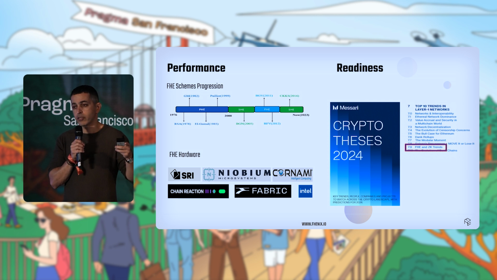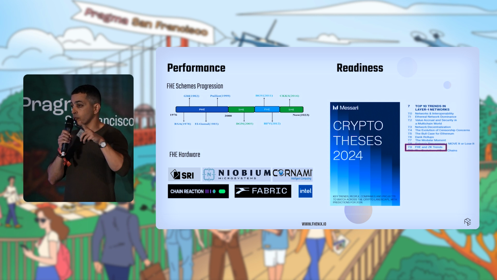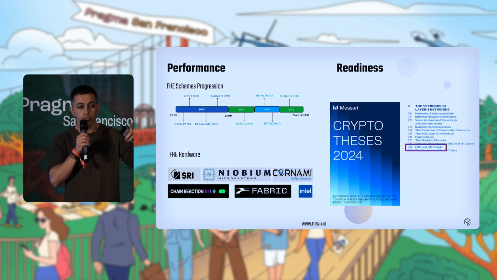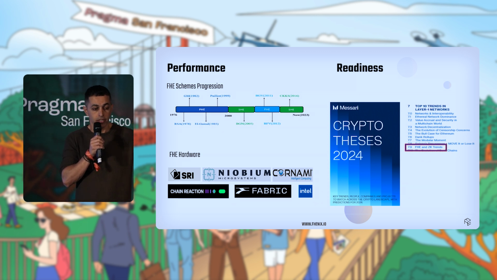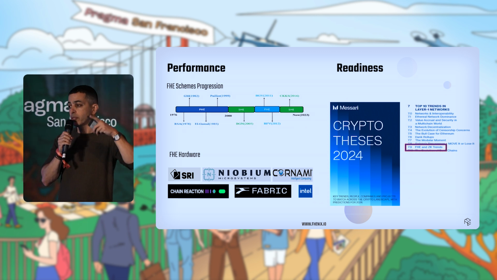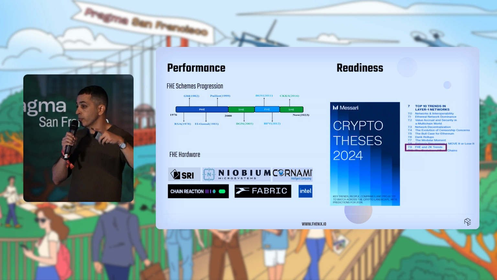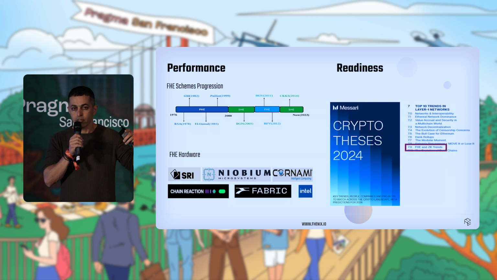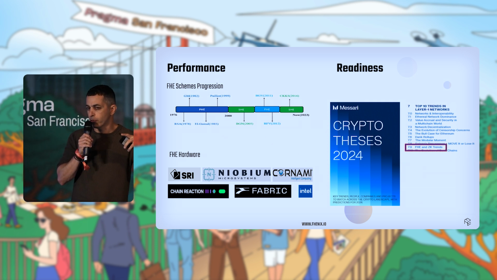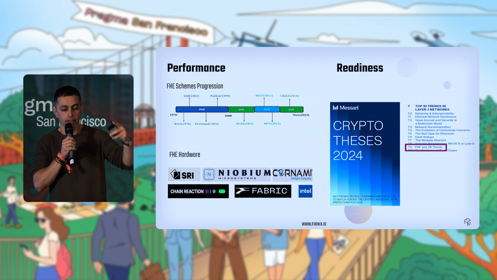And the second part is FHE is computation bound, so better hardware means better performance. And there are already optimizations for GPUs, FPGAs, and even ASICs that are being built for FHE coming up in early 2025. So even with what we have today, FHE is definitely ready for applications today and just gets faster and faster.